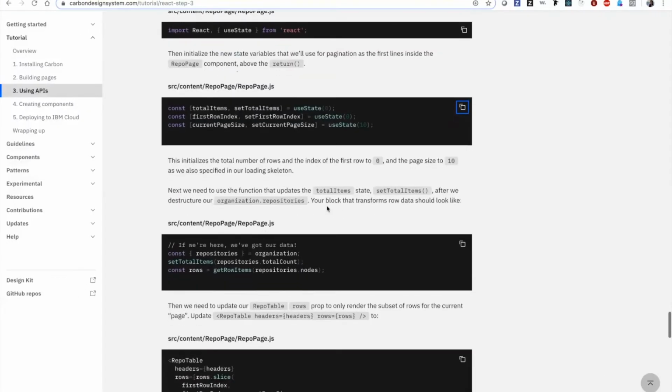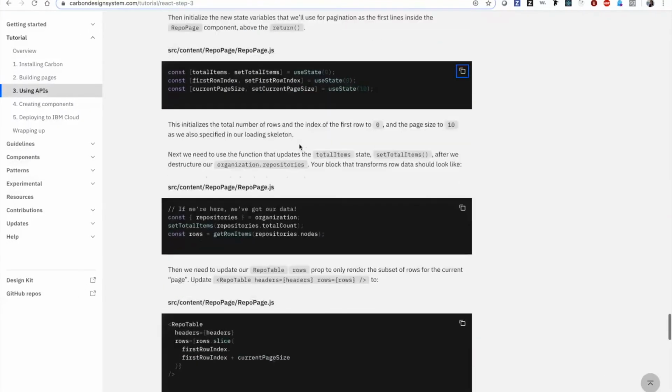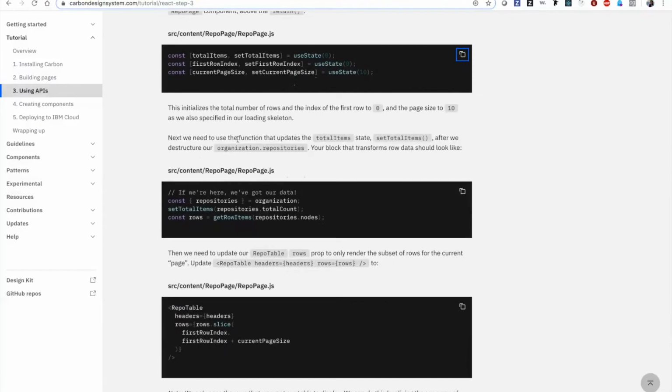So looks like now we're setting some state variables. This initializes the total number of rows and the index of the first row to 0, and the page size to 10. Next, we need to use a function that updates the total items state, set total items, after we destructure our organization repositories. Your block that transforms the row data should look like